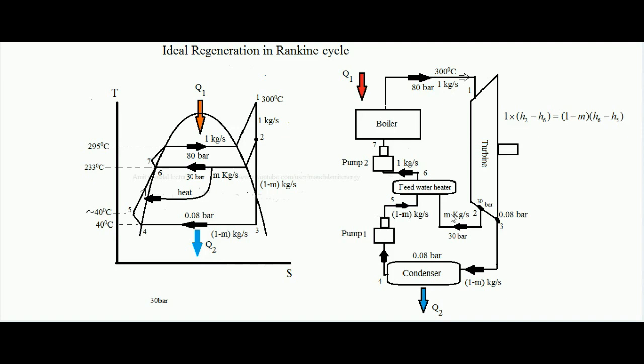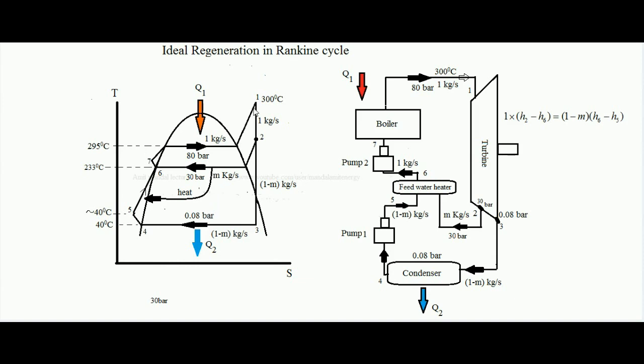So ultimately 1 minus m plus m, in the feed water heater, the total amount is 1 kg per second. This is taken by the other pump, pump 2, which is working between points 6 and 7. So it is taking 1 kg per second of water, and from point 7 the water is entering inside the boiler. So in this way the cycle completes. So once again, what is the beauty of regeneration? The condensation of steam is done in fragments, and with the help of regeneration the amount of heat rejection to the atmosphere is reduced, and by this regeneration technique, the heat which is recovered is input to the cycle itself.